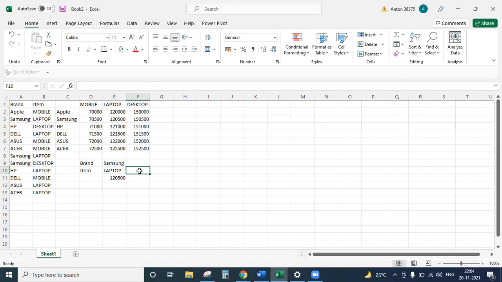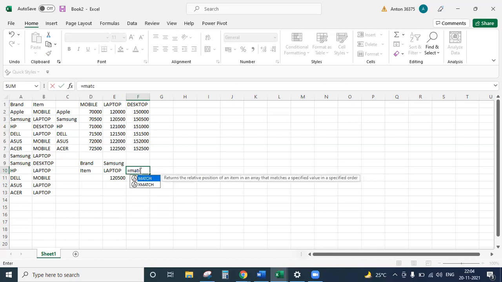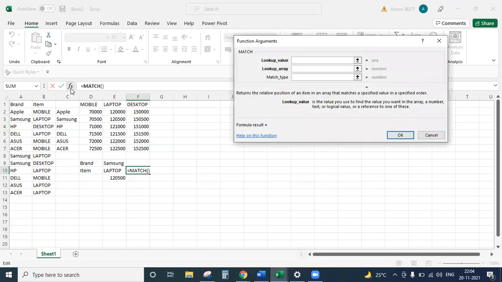go to that cell, say equal to match, choose match, go to FX. What match will do is match will return you the position of the matching value.